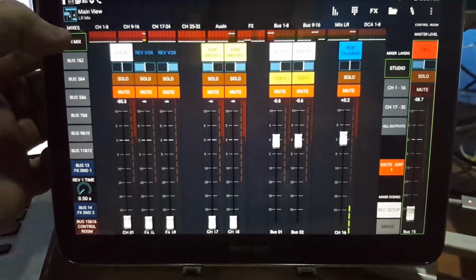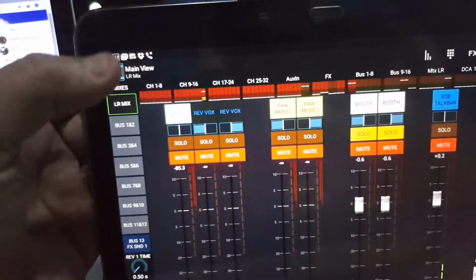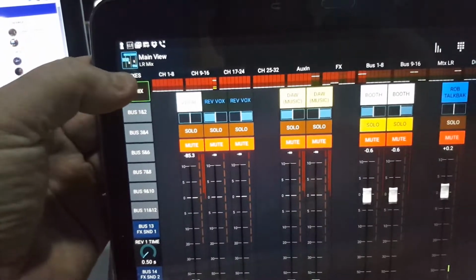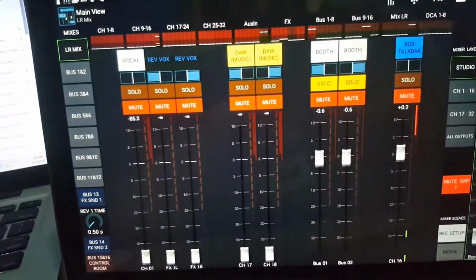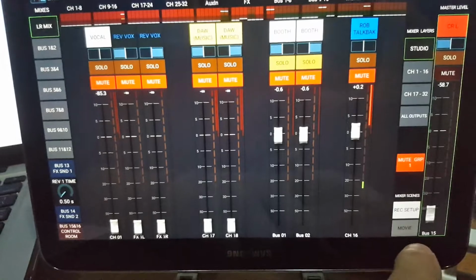And of course, this is the left-right mix. This is the mix of the headphones, which I use a lot, of course, in the studio for soloing mics and hearing things in headphones for me as the engineer. So that mix is here. So that's convenient because I can change my headphone mix at any time. So now, for example,